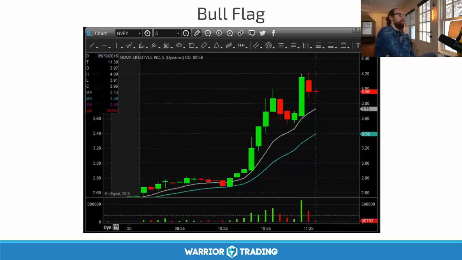So this is the moment where it started to base out right here, and even on the 1 minute probably a couple of green candles of consolidation. That's where we would have been starting to think, okay, is this the formation of a bull flag? And if it is, where's the proper entry point? It's the first candle to make a new high. Where's our max loss? It's the low of the pattern to be official,